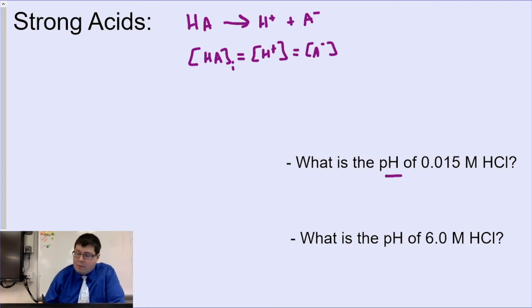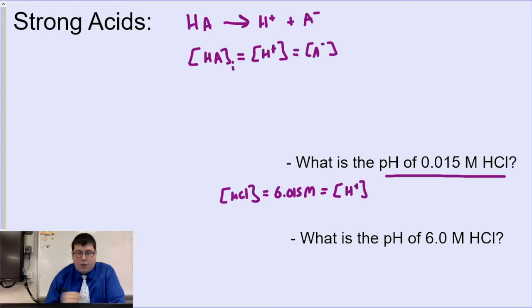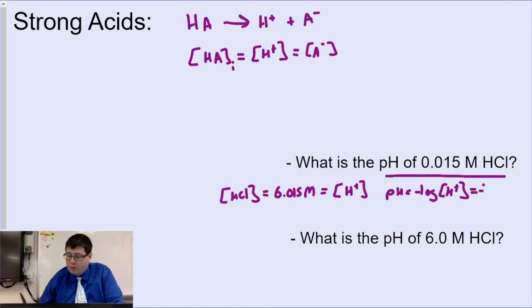For example, what is the pH of 0.015 molar HCl? Well, I know the concentration of my HCl is 0.015 molar, and that's going to be equal to the concentration of my H plus. Now remembering that pH is defined as the negative log of my hydrogen ion concentration. The pH of this solution is going to be negative log of 0.015. Plugging those numbers into my calculator, it looks like I get a pH of 1.8 for our 0.015 molar HCl